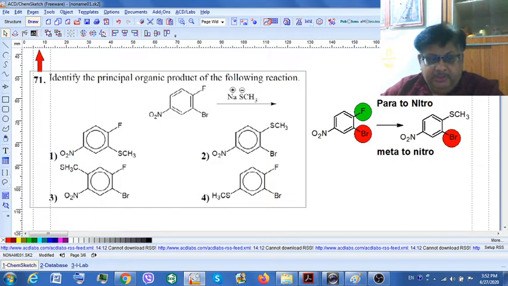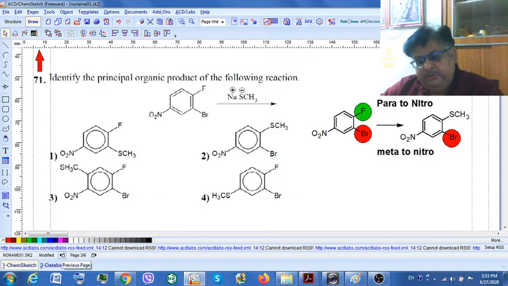If you know this particular principle, and if you look at option number 1, it is bromine that is replaced, so option 1 is wrong. In option 2, fluorine is replaced, that is correct. In option number 3, the reaction is taking place not at fluorine or bromine, but at some other position. When a reaction takes place on benzene, that is an electrophilic aromatic substitution reaction, that is wrong in this particular situation. In the fourth situation, NO2 is being replaced. NO2 is a very bad leaving group. So if you know the theory correctly, by process of elimination, you will get the answer as 2.